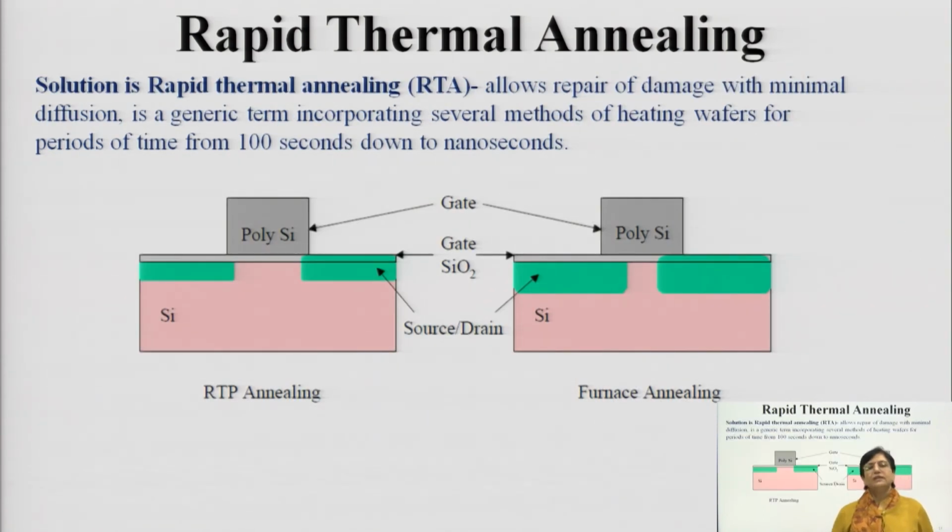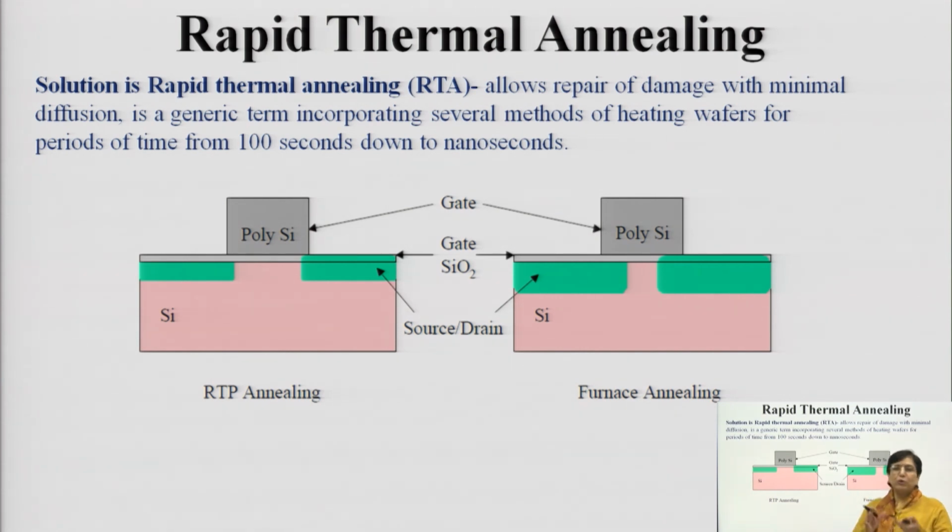So, there are other methods in annealing also. There are two methods: one is known as furnace annealing, another is known as rapid thermal annealing. And what is the difference between them? Rapid thermal annealing is done for a very short duration. You elevate the temperature and then allow it to cool down, and this is done in a typical chamber. These figures show the impact of rapid thermal annealing versus furnace annealing. In furnace annealing, the wafers are kept in large batches in a furnace where the temperature is elevated and then they are slowly cooled.